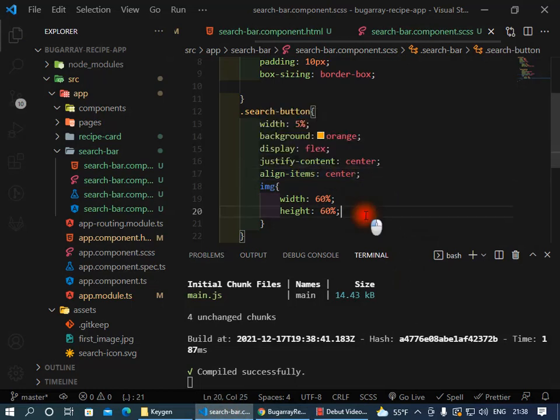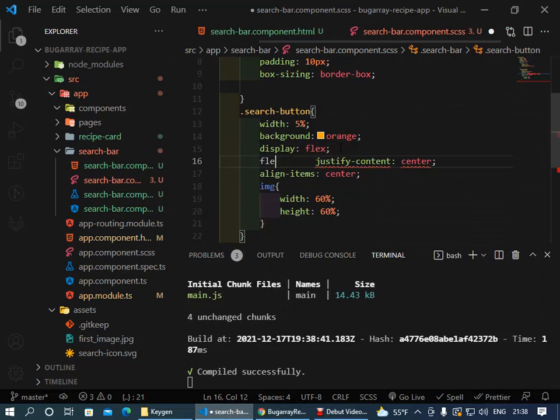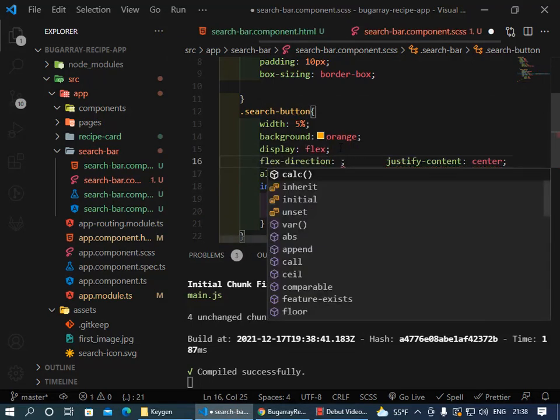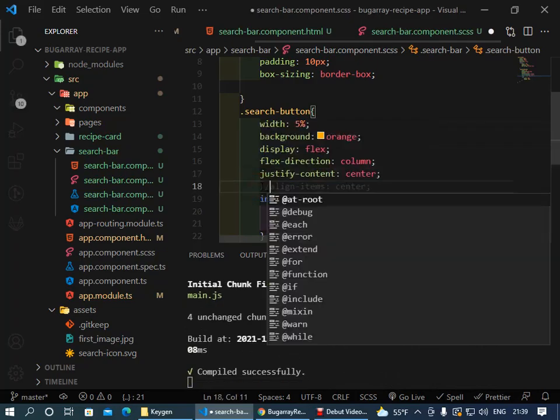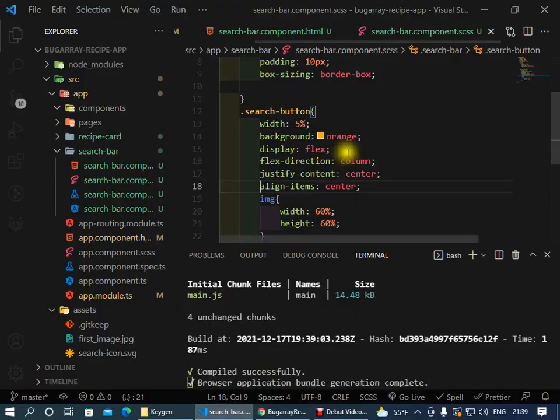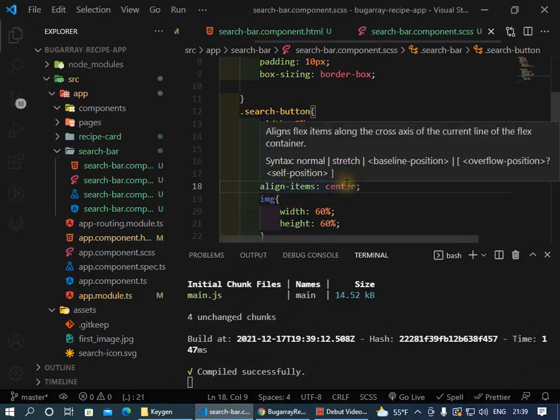But if ever you are using a flex direction, if I said flex direction to column, and then I said justify content to center, now its y-axis will be the centered. And then align items to center, then it will take its x-axis to center. Yeah, so let me just